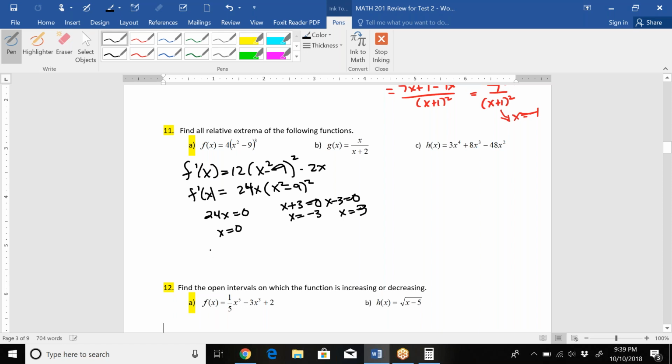We want to test those on our number line to see if they're increasing or decreasing around them. Now, if your function comes out in the test and you get increasing back-to-back or decreasing back-to-back, that means it's not going to be a maximum or minimum. Usually that means it's a point of inflection. So let's just see what happens. So we put -3 here, 0 in the middle, and then 3. We would pick -4, -1, 1,